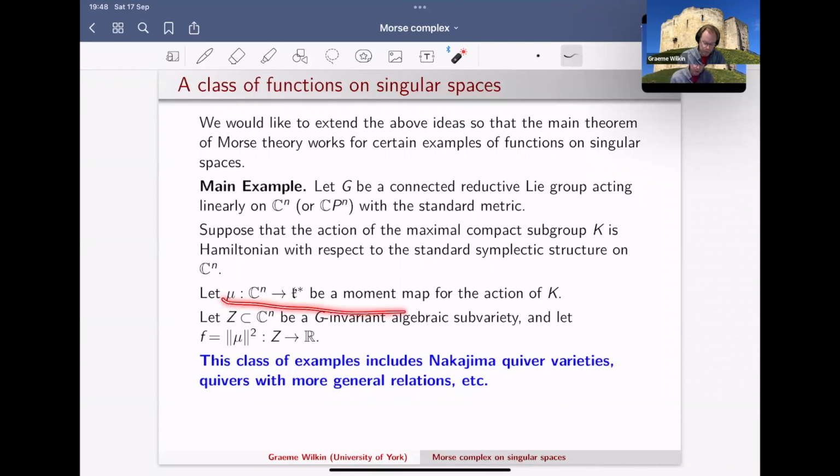Then we have a moment map for that action. And then if you pick a subvariety which is invariant by the action of this complex group up here, then we can ask about this function. So f is the norm square of the moment map, and then try and understand what the Morse theory looks